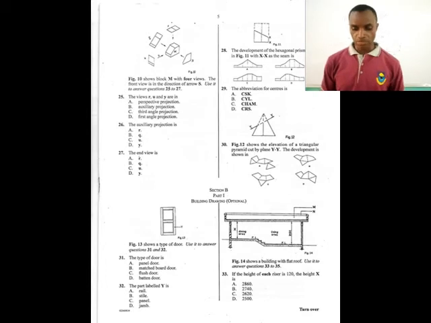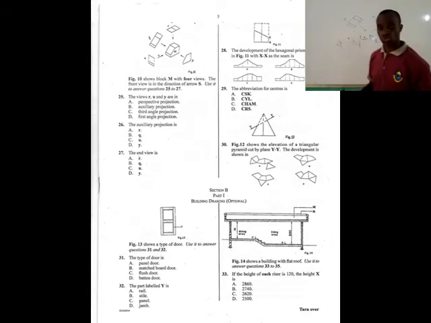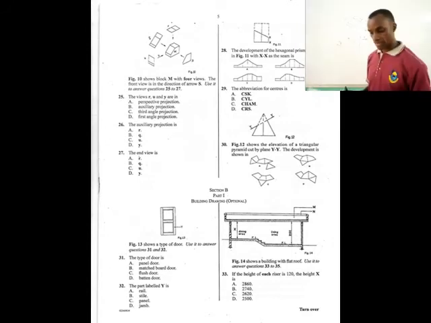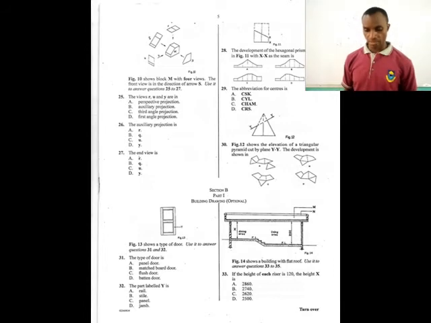Now the auxiliary projection is this particular one, which points that particular way. Why? This view is here. This one is here. So automatically in number 26, the answer is Q, which is B. All right. The end view is simply Y, and that is the one to the right hand side. Answer is D.